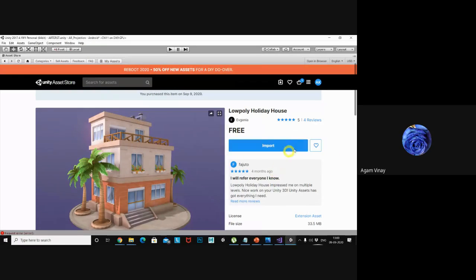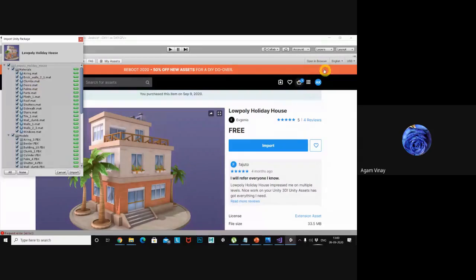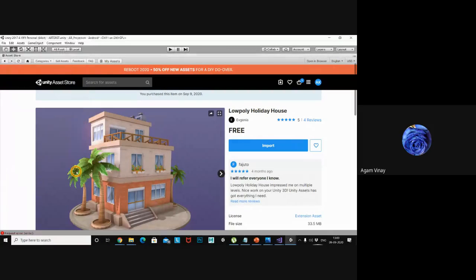Whenever the download finishes, the computer asks whether to import into your project or not. Just say import, okay? I am already logged in, so that's why it's not asking for the login, okay? So import.